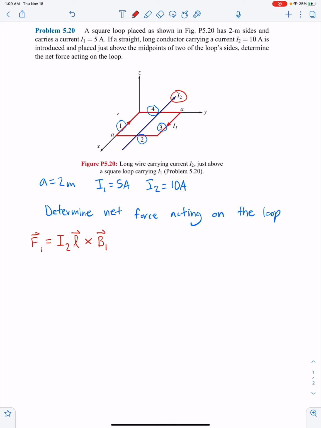magnetic field of our original loop, just this side here. We can treat that as just a straight wire. So let's plug in some values. We can say it's I2, our length is just A, so I2A. Let's think about the direction. We can see it's pointing in the negative x hat direction, so I'll make that negative I2A x hat, and then cross producted with